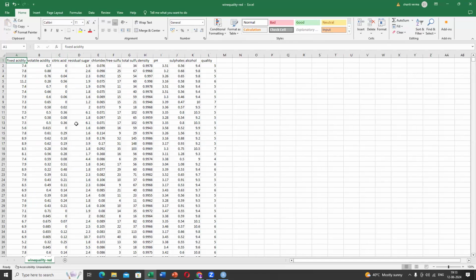Now we have to first identify which columns are independent and which columns are dependent. For example, if we are talking about the BMI index, the BMI index is basically based on the height and weight of a person. So we can say that the BMI,